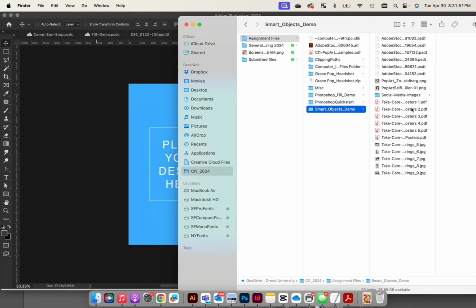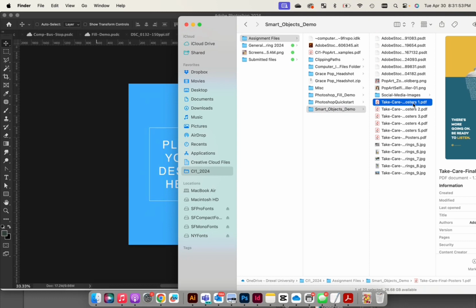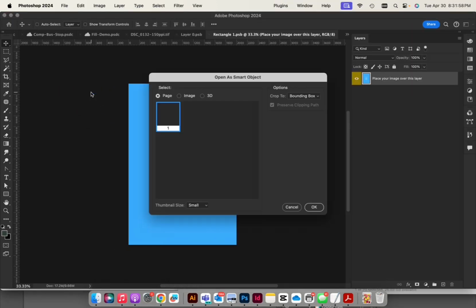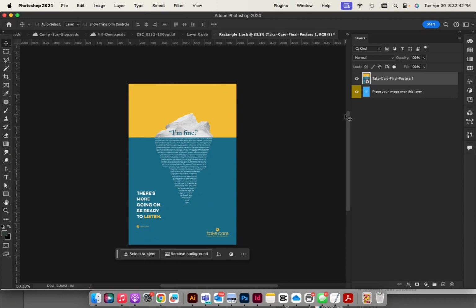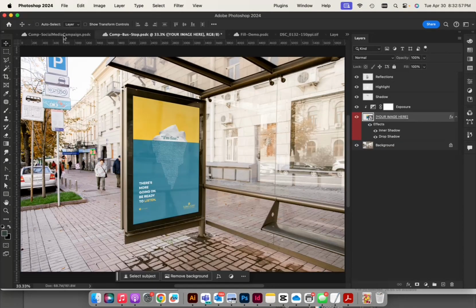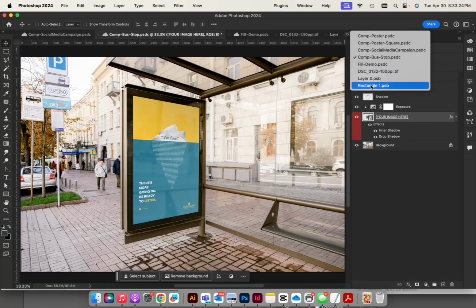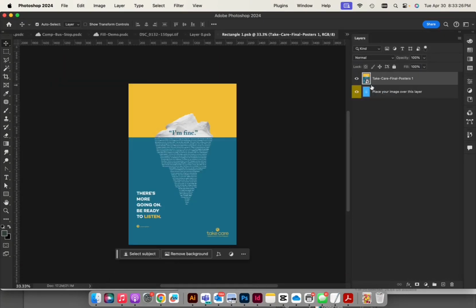I'm going to pull some posters that I designed and show you how these could fit into this type of template specifically. So I'm just going to hit return to place my image, and I'm going to hit save. I'm going to go back to my comp bus stop, and I can see that my new poster is right there. If I wanted to swap this out for one of the different posters I designed, I can just go back in,